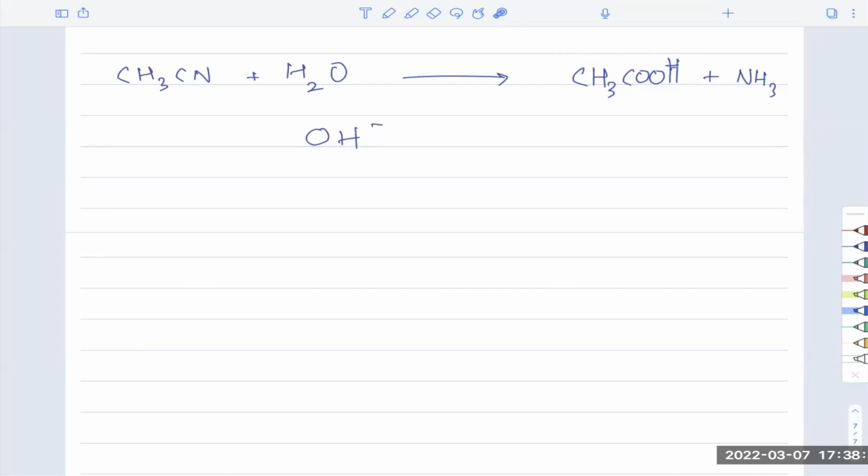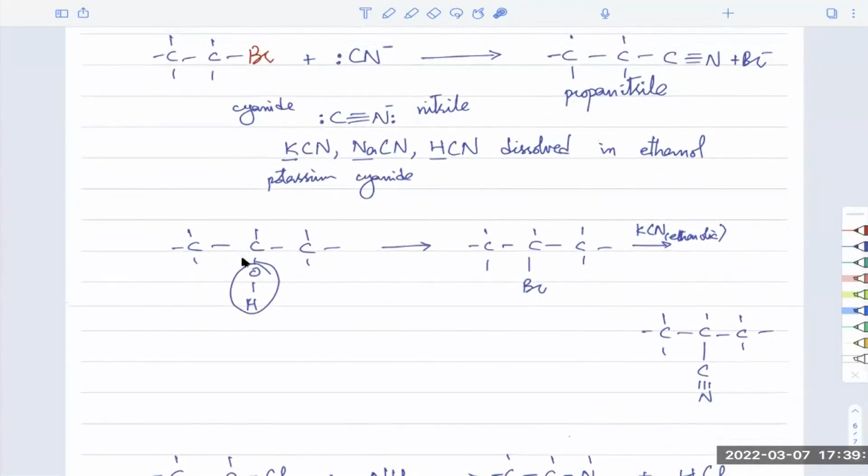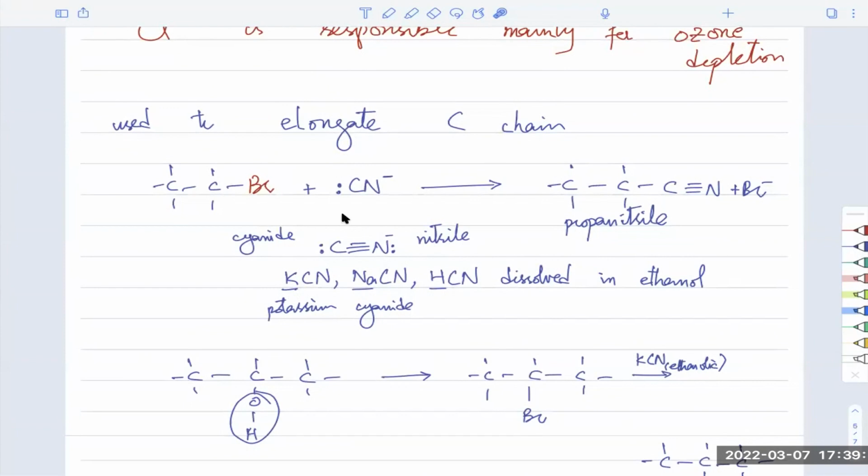So what happens when carboxylic acid forms water? It loses the H positive. So in दोनों में से कोई एक चीज react कर जाएगी. The primary thing to remember here is that with water, nitriles break down, form carboxylic acid and ammonia. ये बात समझ आ गई? जी sir. Perfect. So now we've seen that you can replace the halogen in there with a nitrile, or you